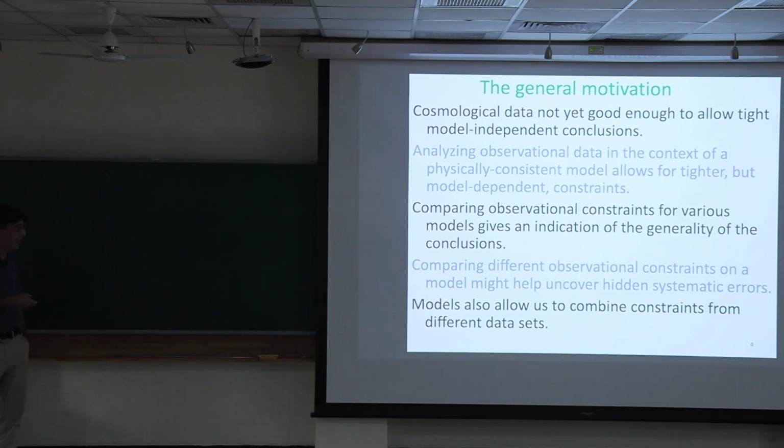If we use different models and we're driven to the same part of parameter space in terms of omega matter and the Hubble constant, then you can see that your data is independent of what model you're using to do the analysis. We can also use different data sets with the same model and see if one set of data is pushing you to a different part of parameter space than another, and that might lead you to look for systematic errors. And we can also combine different data sets, different constraints, and get tighter consistency constraints on parameters.